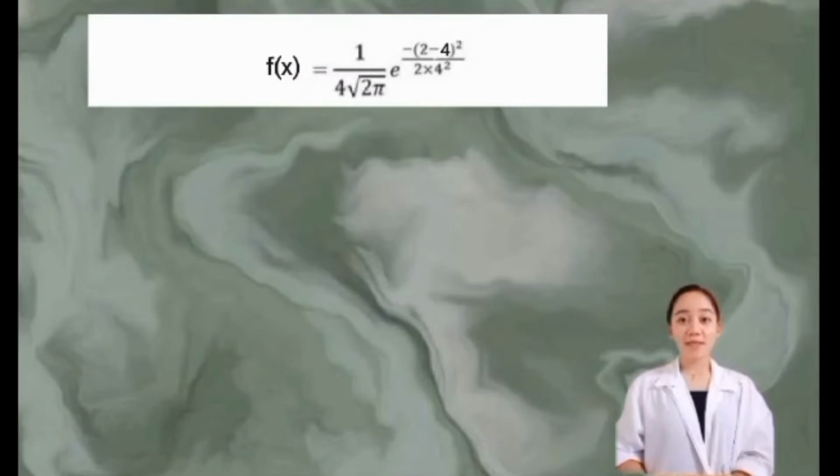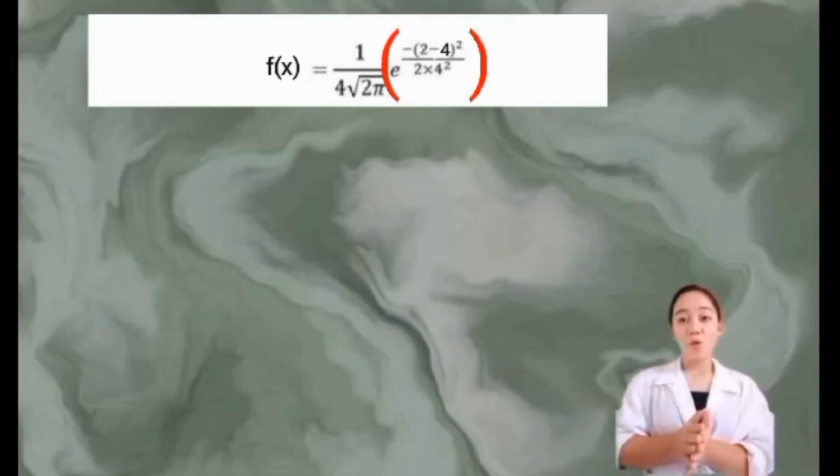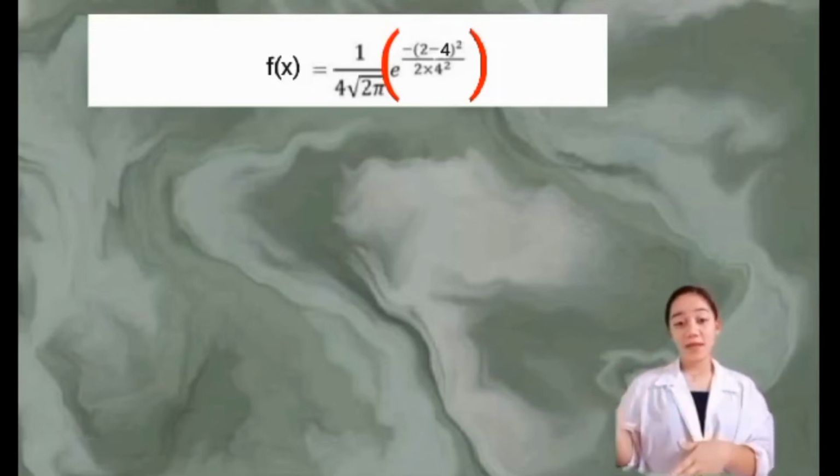Same as example number 1, we will break it down into 1 over 4 times the square root of 2 times pi, and e raised to the power of negative the quantity of 2 minus 4 squared over 2 times the quantity of 4 squared. First, we need to find the value of 1 over 4 times the square root of 2 times pi, which is equal to